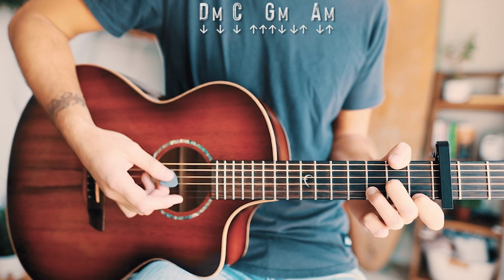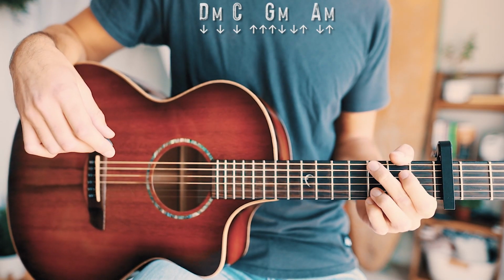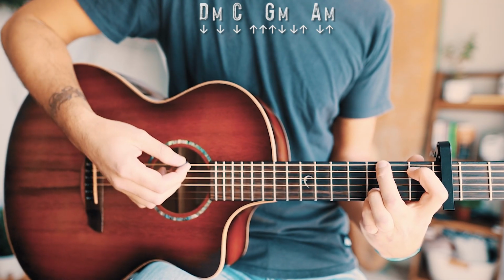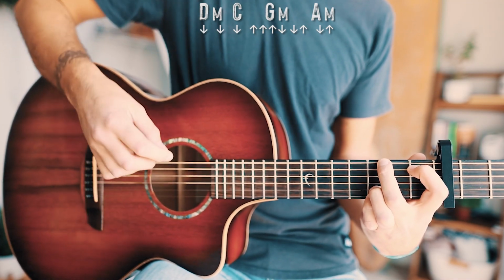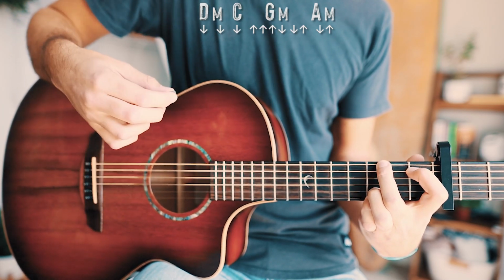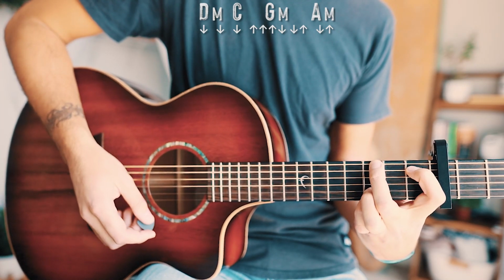So far, down, down, down, just about like that. And then we go to the G minor, and what we're going to do for this one, this is kind of the longest strum pattern we have here. We're going to go up, up, up, down, a little space, and then down, up, a little closer to full speed. It'll kind of sound like this. We'll go